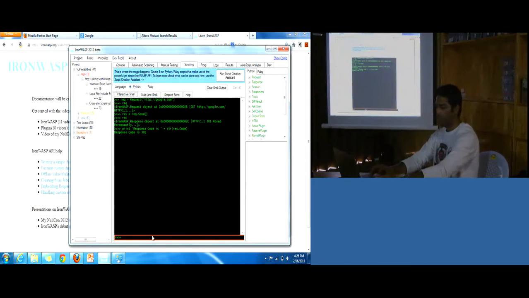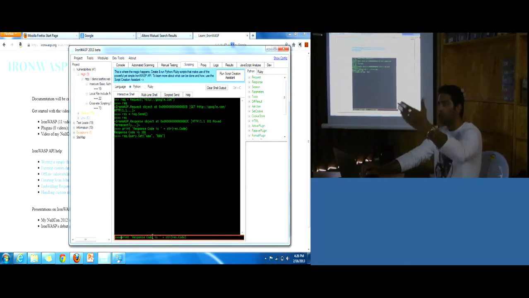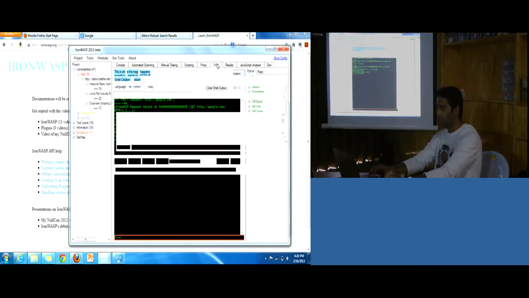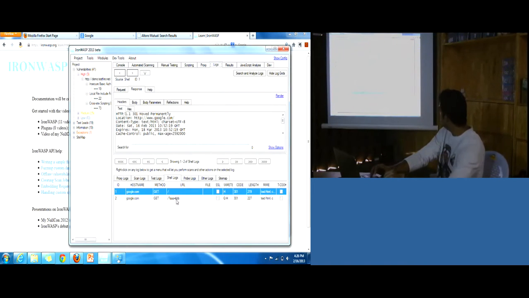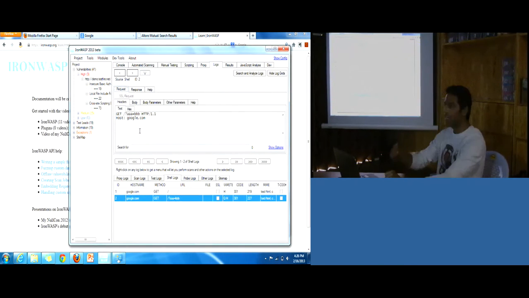Now let me run that. So now we have added a new parameter to the request, right? We're going to send the request again. We sent it. Now if you go to the logs, you can see that this time the request was sent with this new parameter added to it.